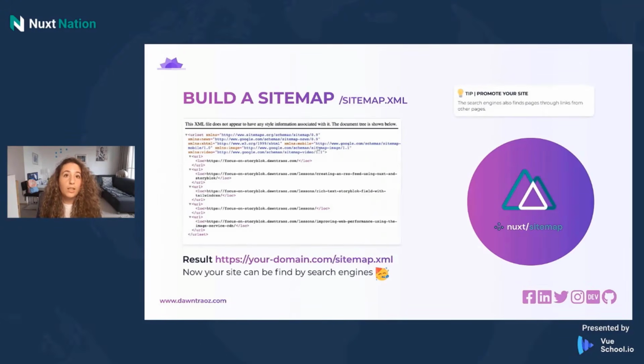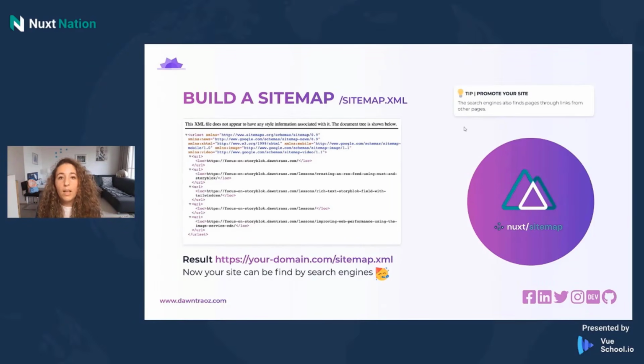So the resulting file will be like this one. You will have the URLs of your site that are created. Obviously, you can add more information. In this case, there is only the location, but you can also have the date when you updated that page or when you created the page. So maybe important information if you need to have updated content. And then now with this sitemap XML, Google can know about our website,